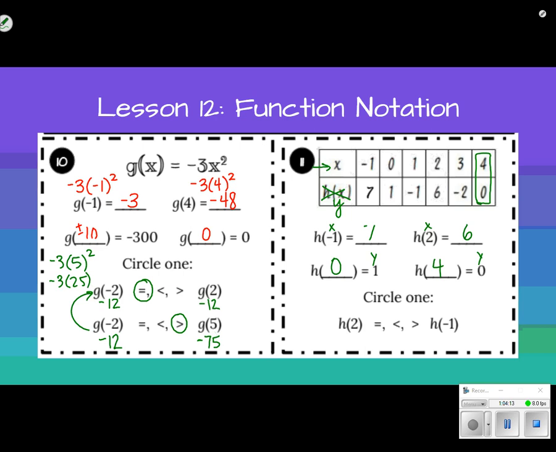So again, you're learning how to read these. You're learning what is expected. If they give you one thing, where do you go to look for the other? So let's look. When they say h of 2, the y value is 6. H of negative 1, the y value is 7. 6 is less than